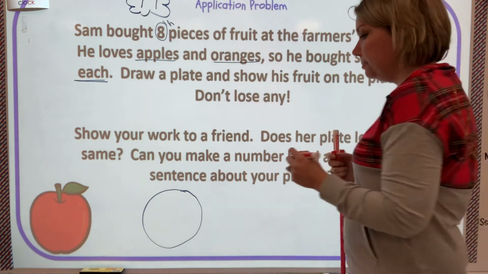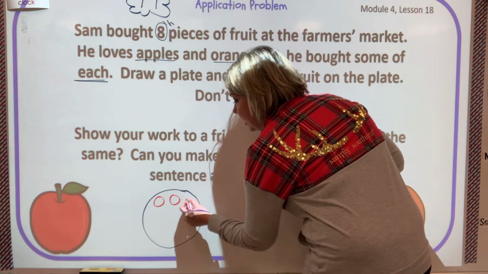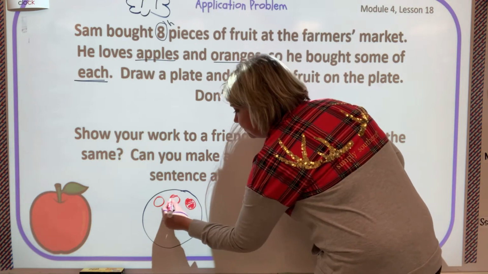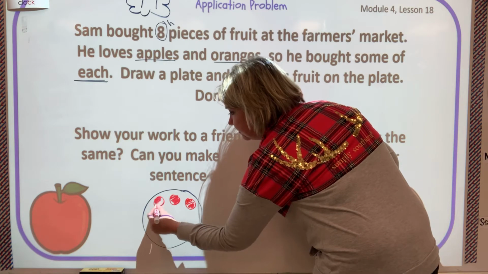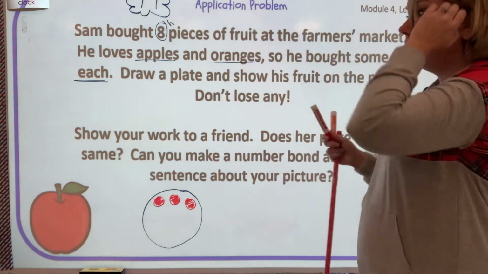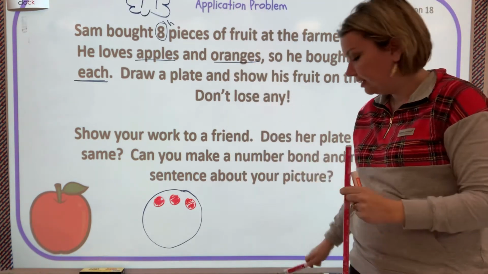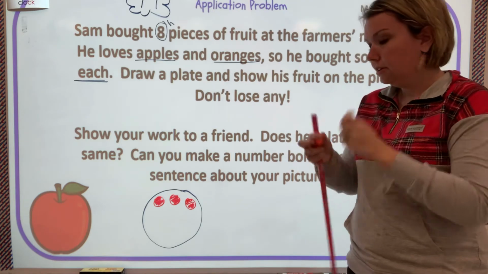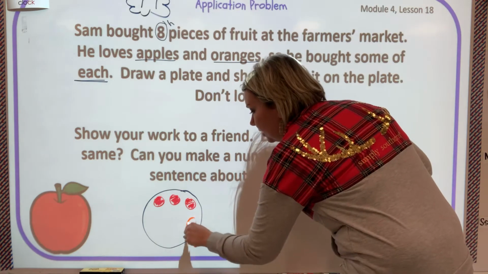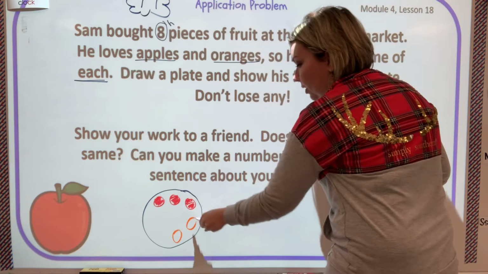So maybe I'll put 1, 2, 3 apples, and I'm going to color them red. Am I done? Do I have 8 pieces of fruit? No. I've only got 3 apples. The next one was oranges. So maybe I'll draw 1, 2, 3,